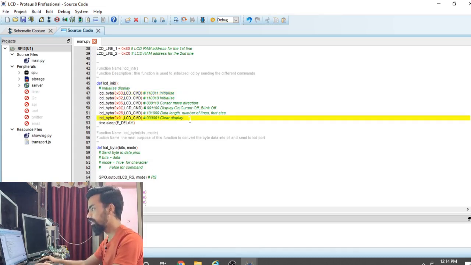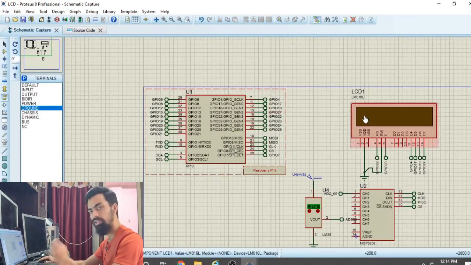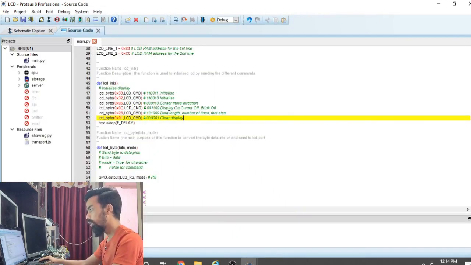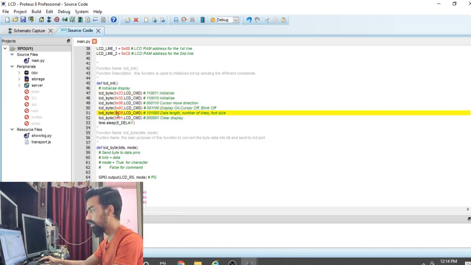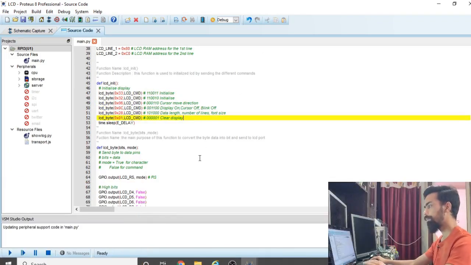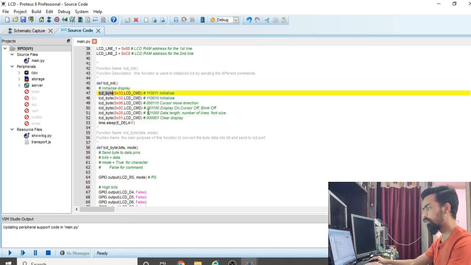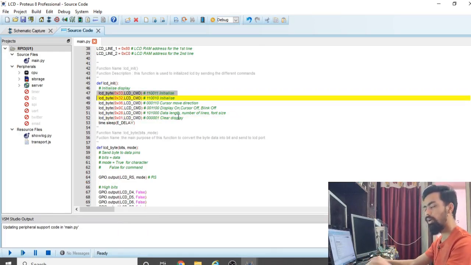These commands start the LCD and set it so that the message is printed on the first row only. You can see all these commands, and you will get details of these commands on Google. You can search for the LCD commands and easily find the importance of each and every command. The main important part is how to send these LCD commands from the Raspberry Pi to your LCD.